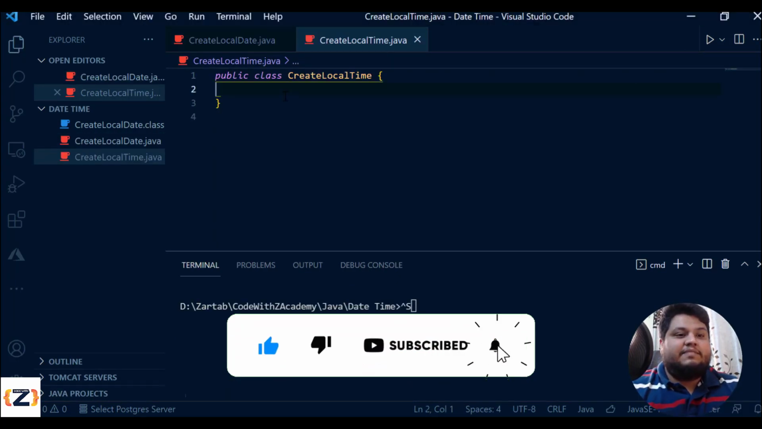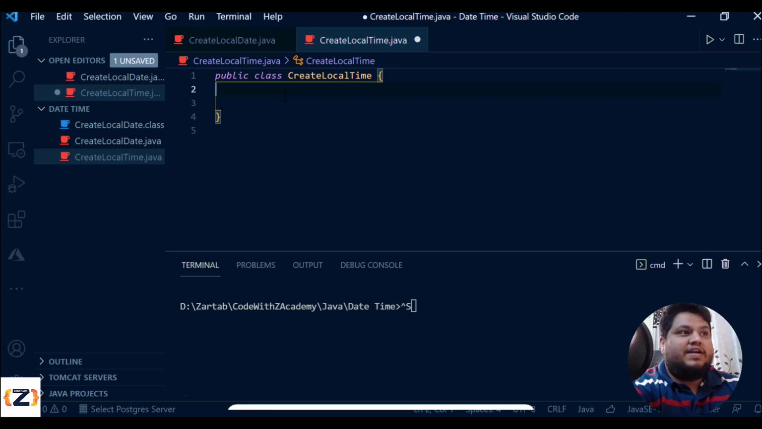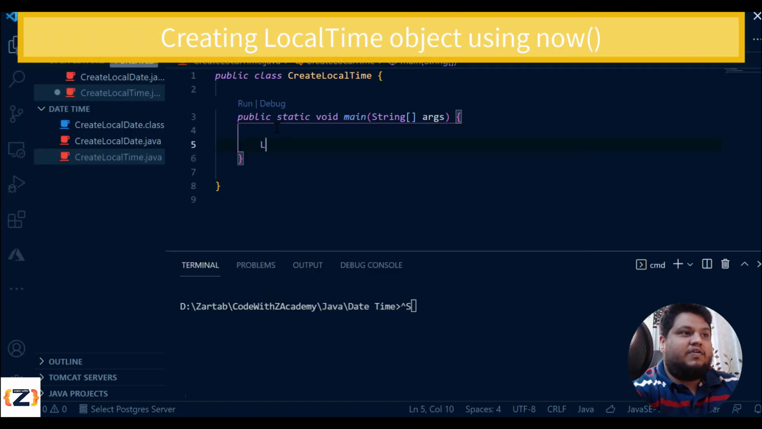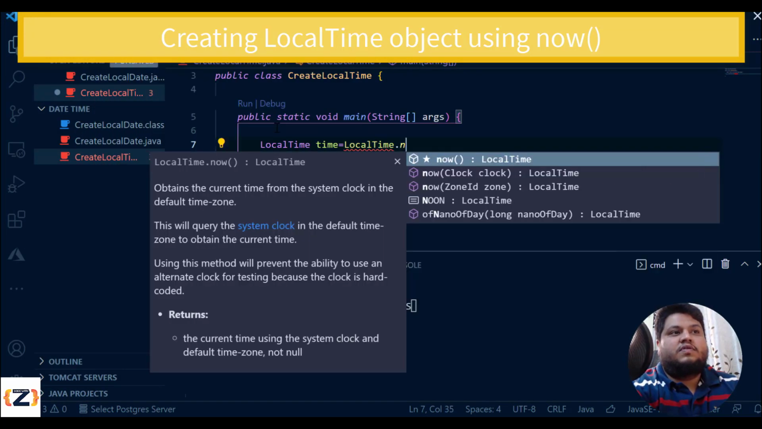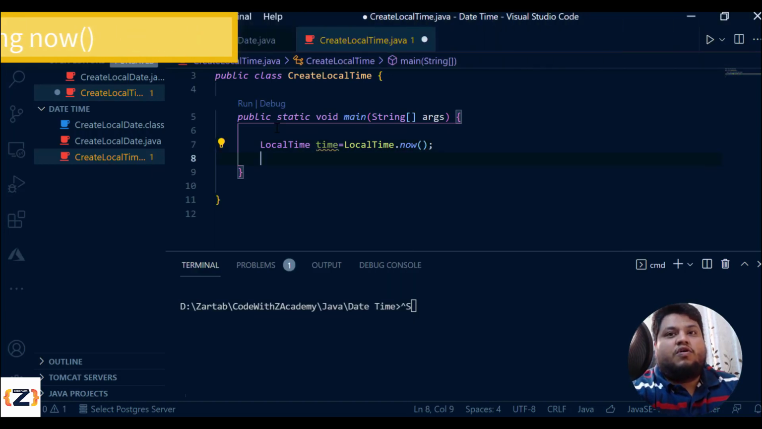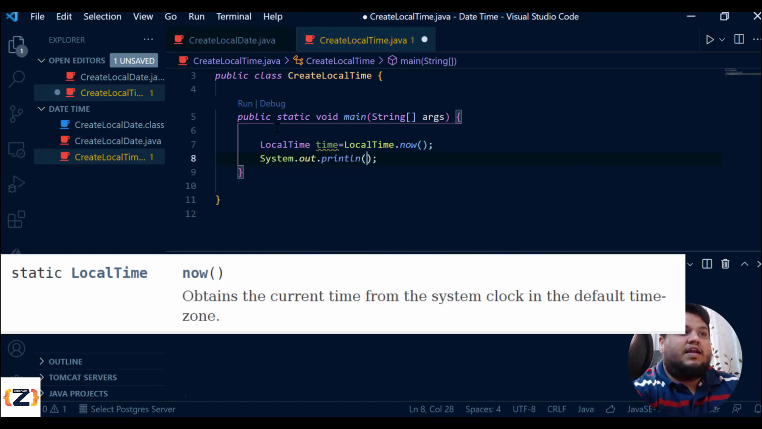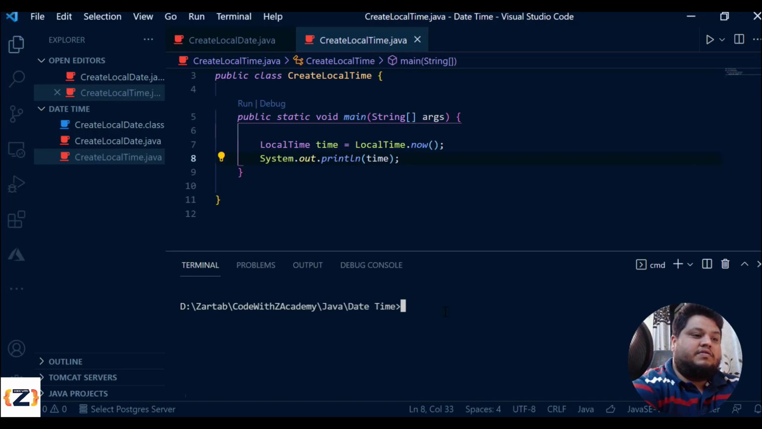Now the next example we'll jump into is how we deal with time in Java. The very first way: if I want to find out what the local time is right now, I can just say LocalTime time is equal to LocalTime.now, right? Because all these major implementations have their now function which returns you the exact time right now. So if I print the time,